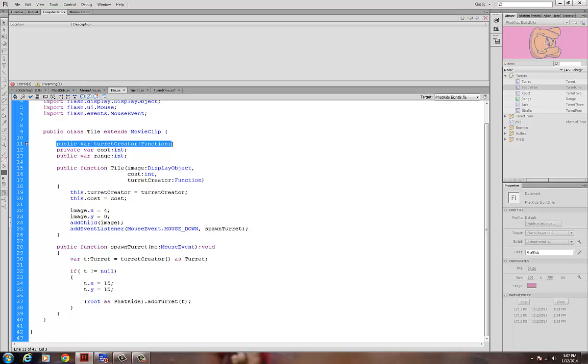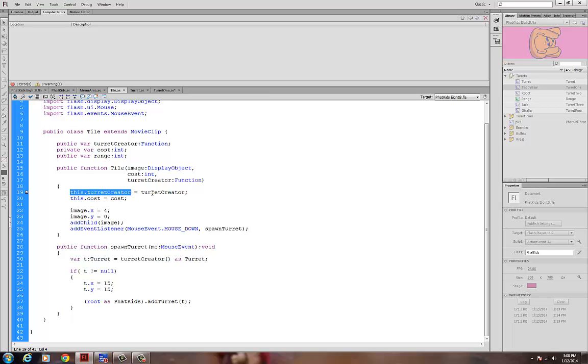these fields inside my class, inside my tile class. Notice this guy has the same name, turretCreator, so this is a guy I'm creating inside this class. This is the guy I'm passing in as a parameter. But when I say this.turretCreator is equal to turretCreator, this guy turretCreator is my input parameter, and this.turretCreator is the local copy that I'm having here. Now, what's actually taking place is that this guy is going to be a pointer which is pointing to